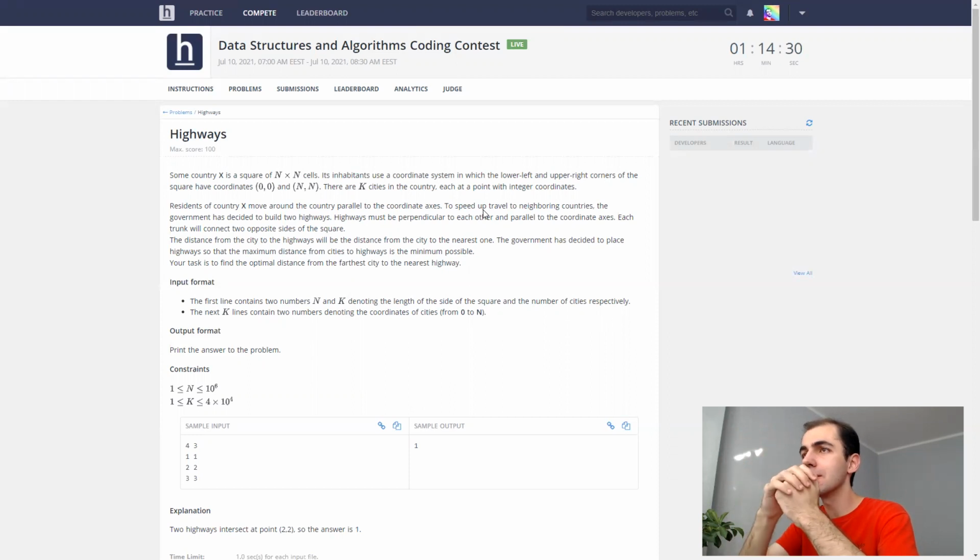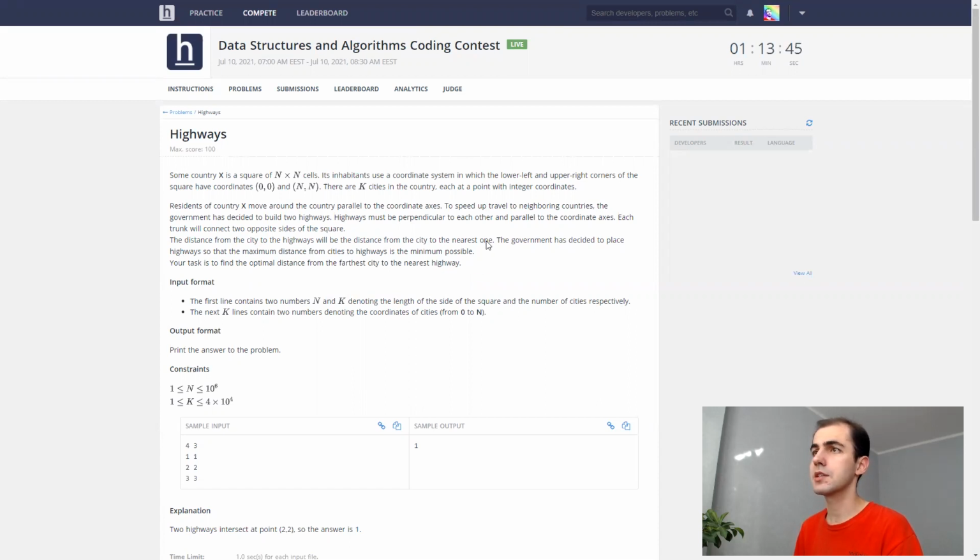Highways must be perpendicular to each other and parallel to the coordinate axes. That's a bad explanation, because it gives the impression that each highway should be parallel to both axes, whereas in reality it's only parallel to one. But whatever. Each trunk will connect opposite sides of the square. Trunk is a highway, I suppose. The distance from a city to the highways is the distance from the city to the nearest one.